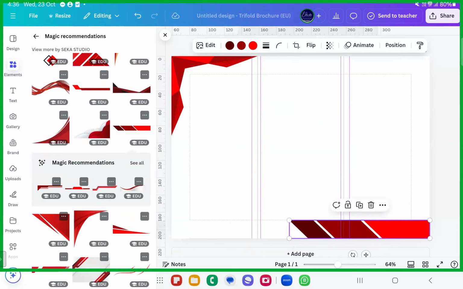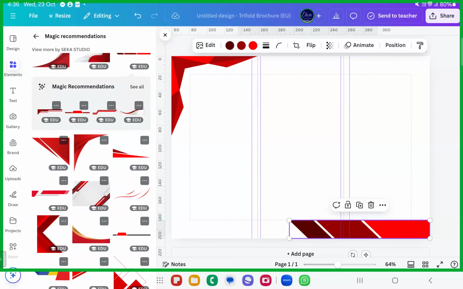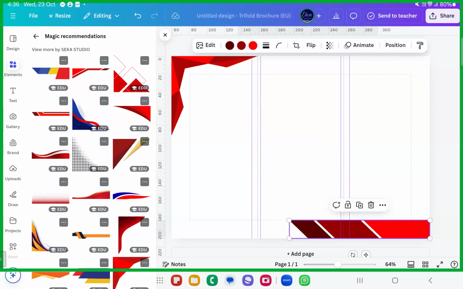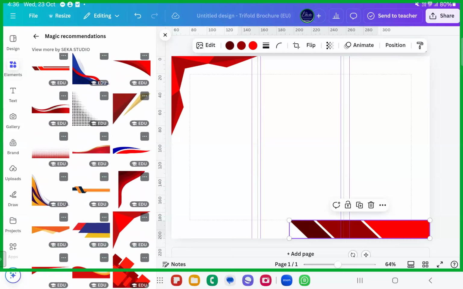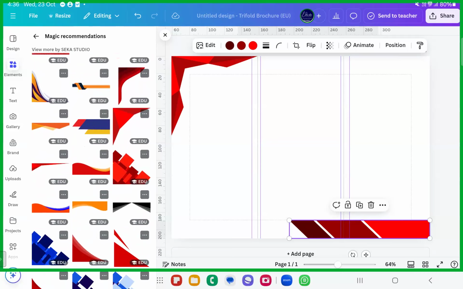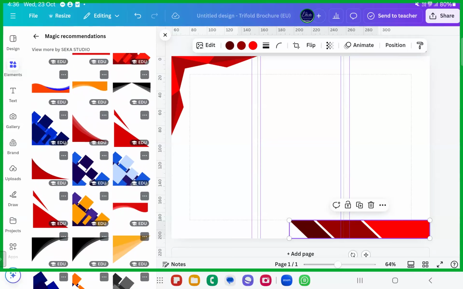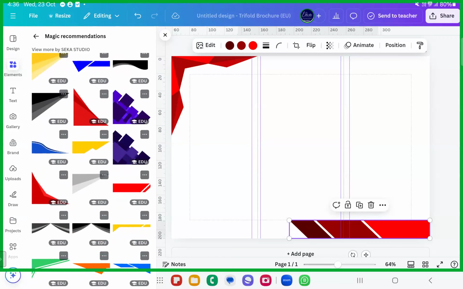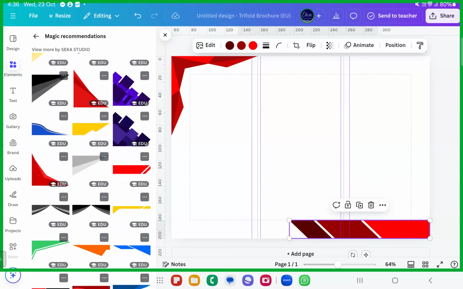So there is a link between the first page and the second page. Hopefully you have seen in brochures how they maintain the link, right? So this way you can take the link. What more can you take ahead? You have some beautiful patterns wherein you can create your beautiful brochures. Fine. We want the same color, so we're searching for the same color. That's all. Or else you can type the color names and change it according to your need.